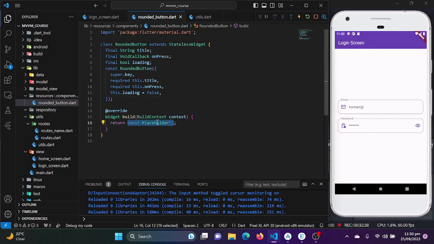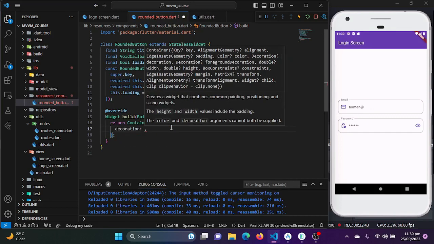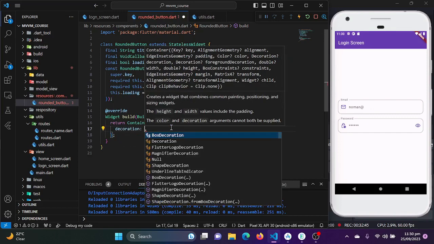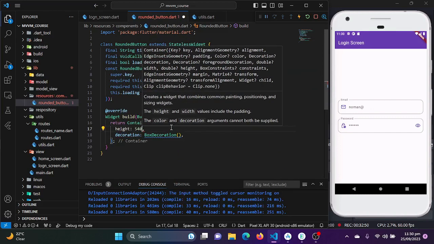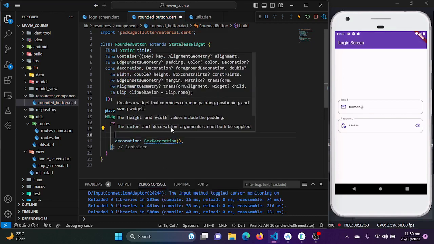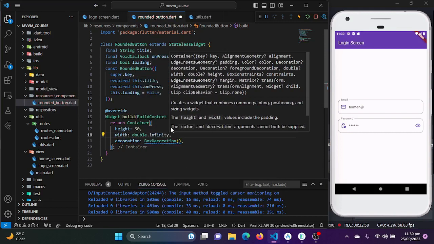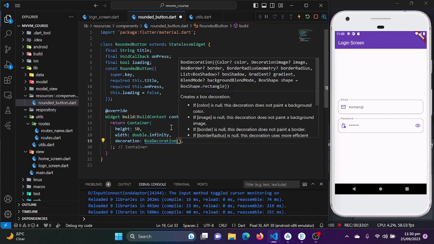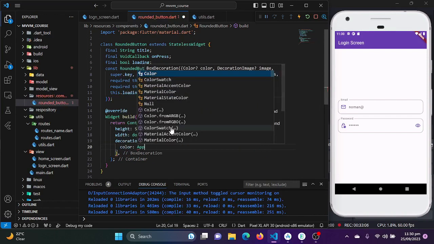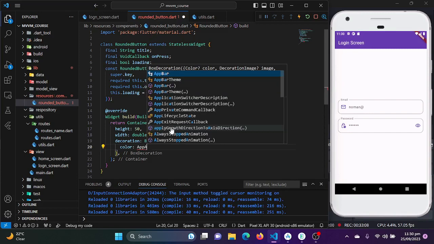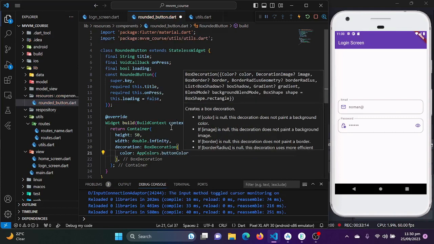So here I will be using a container to decorate my button or to create a button. For that reason I will be just using the box decoration property of our container, and I will be just giving the height to 50, and here I will be just giving a width of double dot infinity. Whatever space is available, just take that, take all the spaces. So I will be just using the color, so I just define the color for my button. So here is the button, and